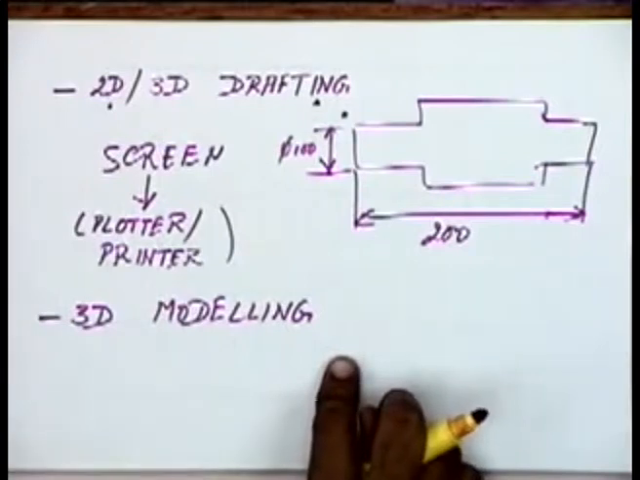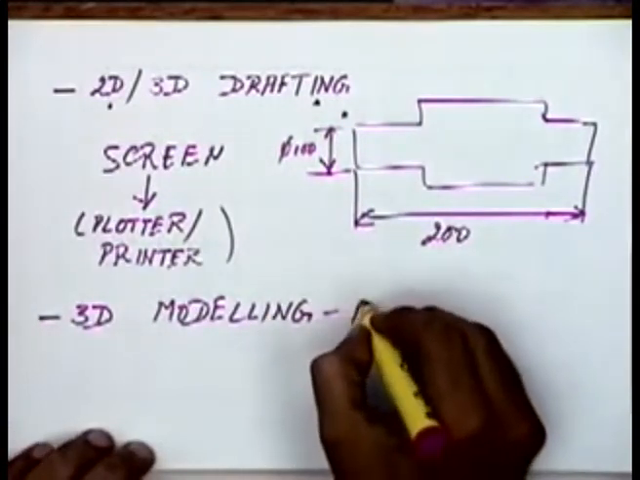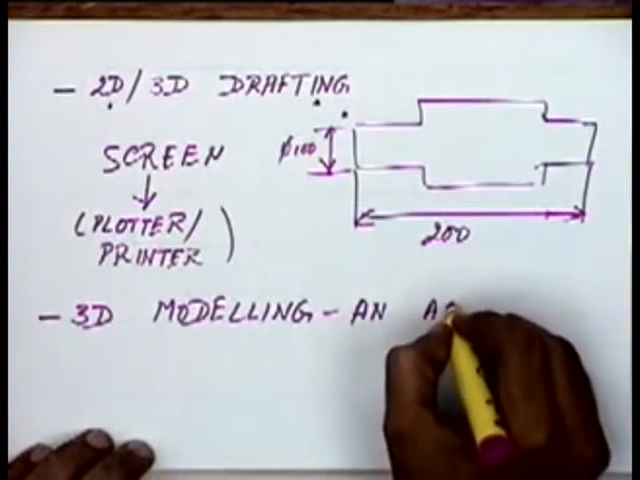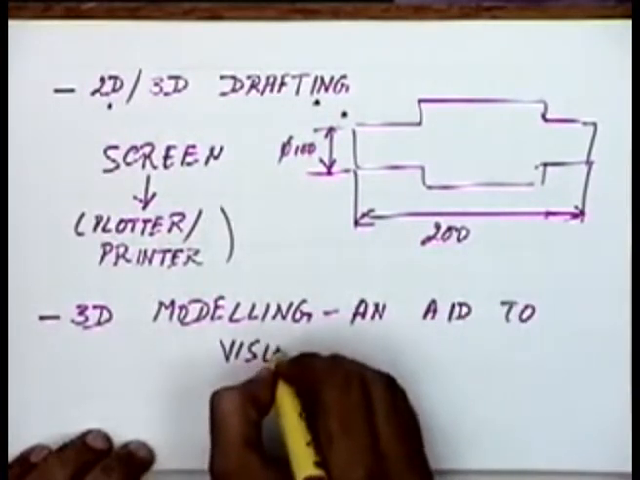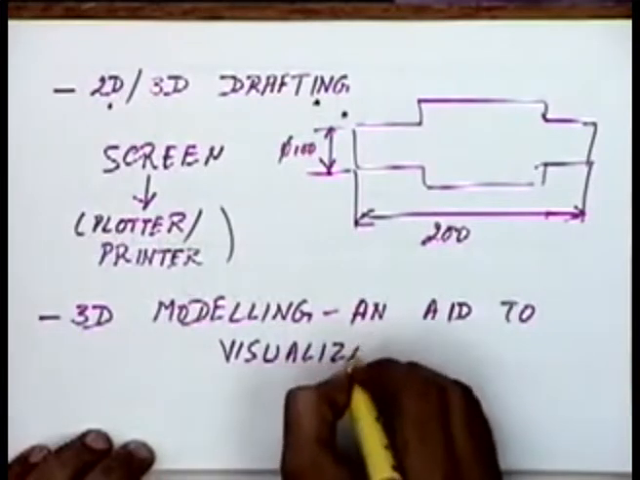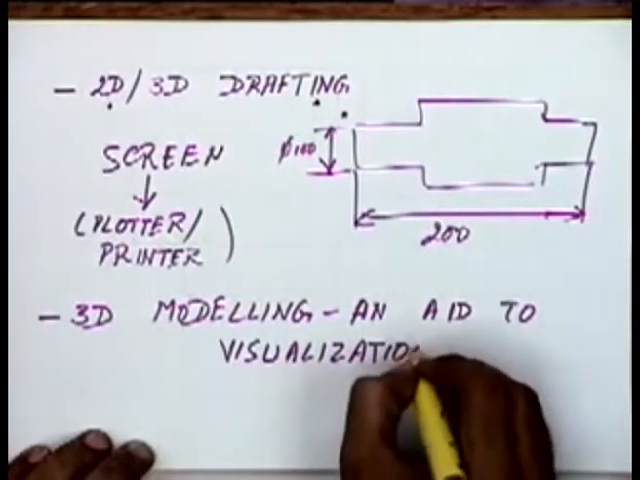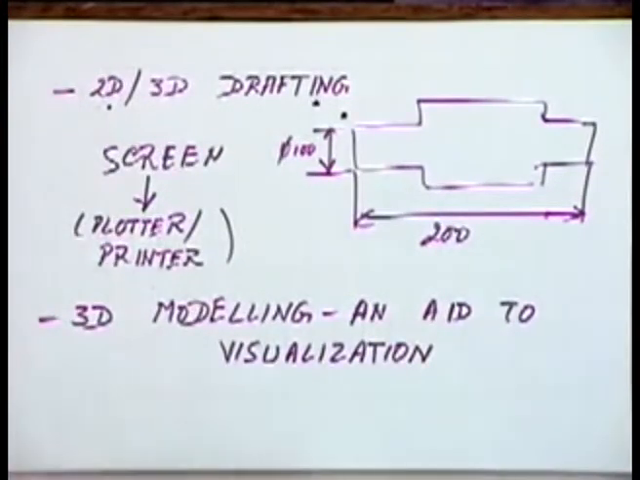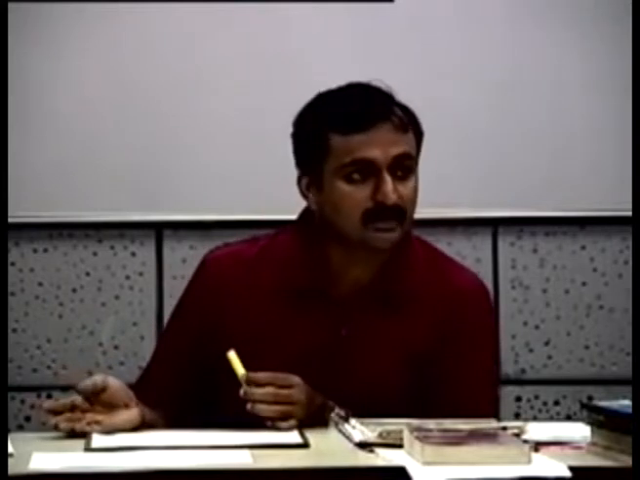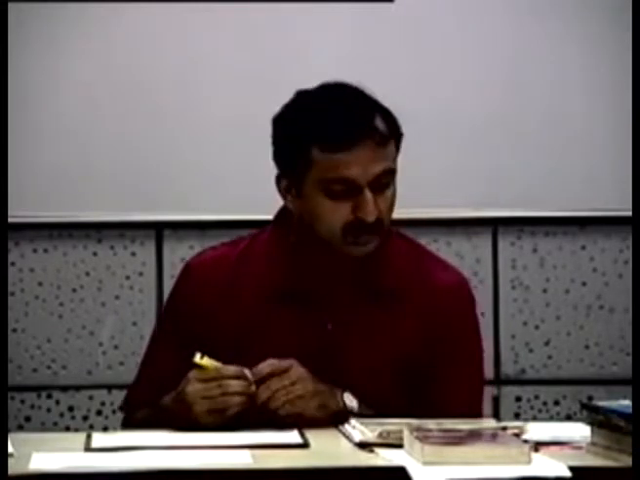When you are talking of modeling, it is essentially an aid to visualization. You want to visualize the object from different angles, see different corners, see whether different parts are interfering or not. That is what we mean by an aid to visualization. So modeling is used as an aid to visualization. Then